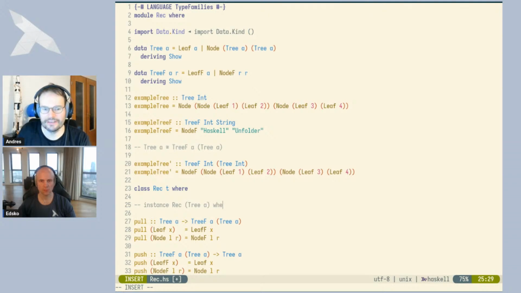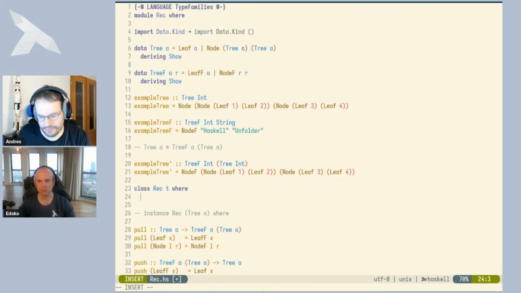That is where we want to go. So T is playing the role of our Tree of A, but we need to relate Tree A to Tree F A R. So we need to establish this relation between a type and this functor, as it turns out to be, which abstracts from the recursive